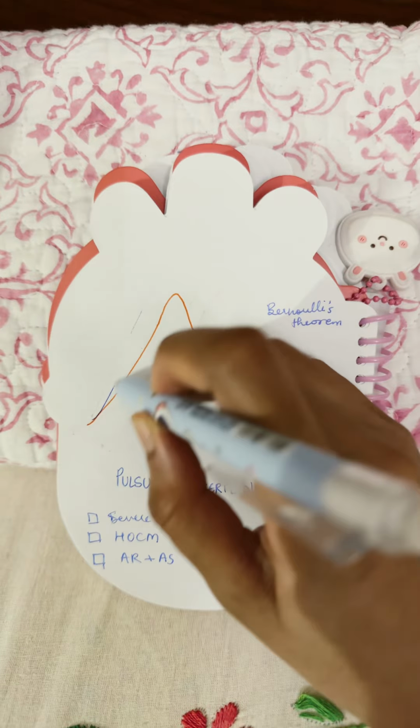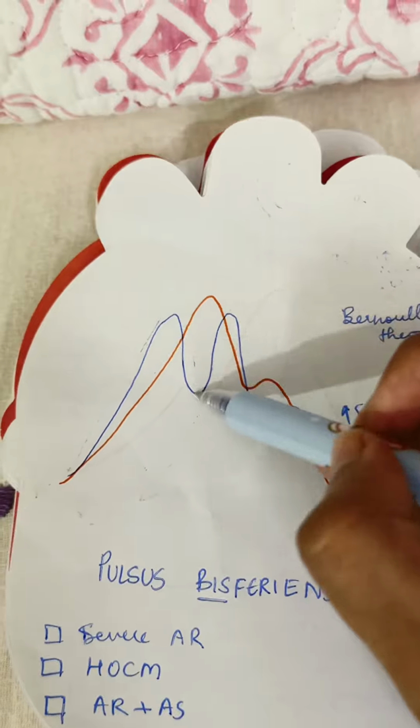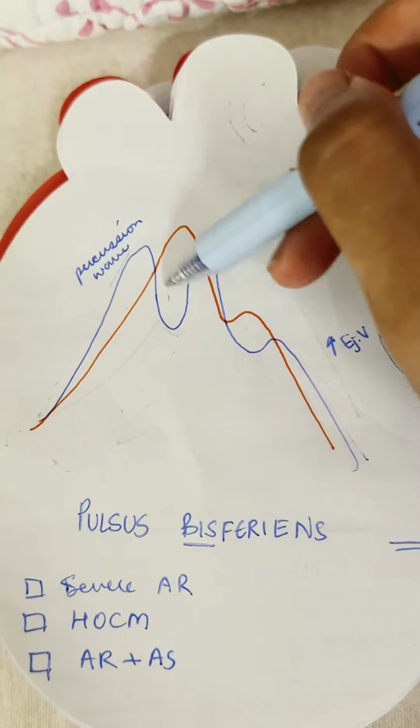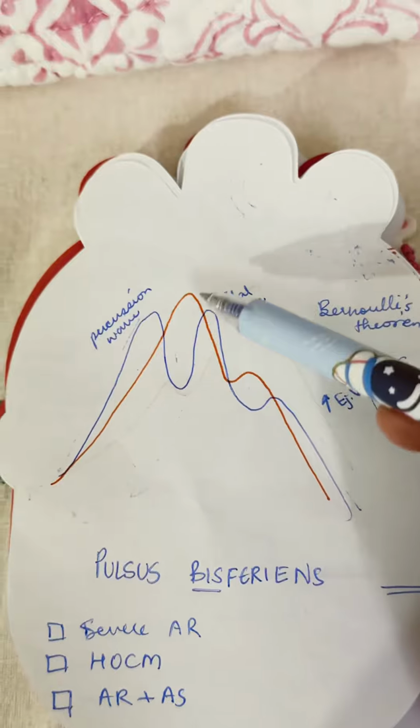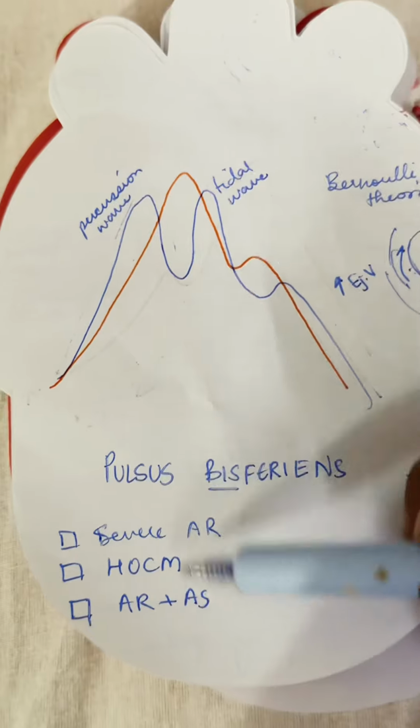Next is pulsus bisferiens, which means there are two peaks in the systole itself. In severe AR, like we discussed, there was an increase in the stroke volume and ejection velocity. Now, because of the super high ejection velocity, there is going to be a drop in the pressure on the walls of the aorta according to Bernoulli's theorem. This is that drop in pressure. And that drop actually separates the percussion wave from the tidal wave. Now again in HOCM, because of the LVOT obstruction, that is going to delay the tidal wave also. And AR plus AS: because of AR we'll have the rapid upstroke,